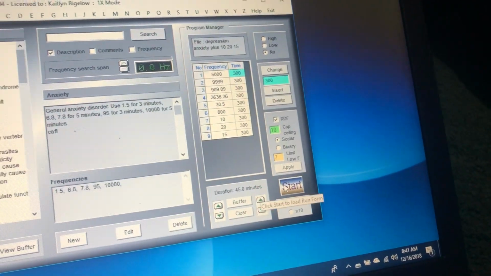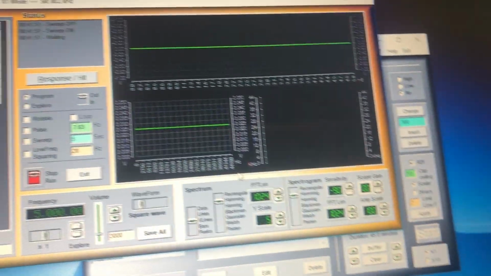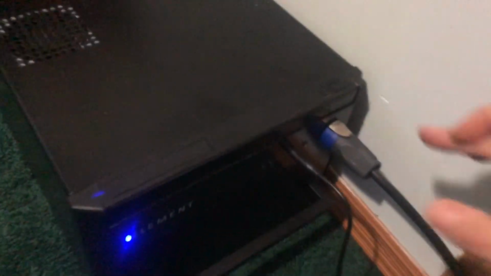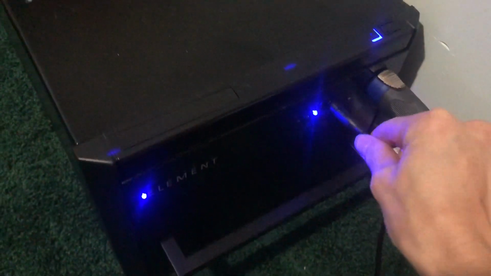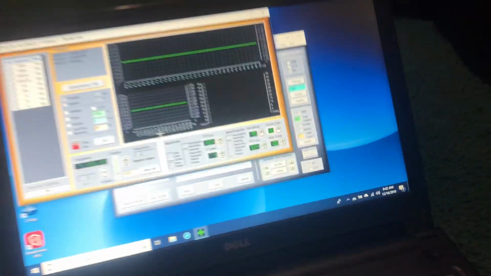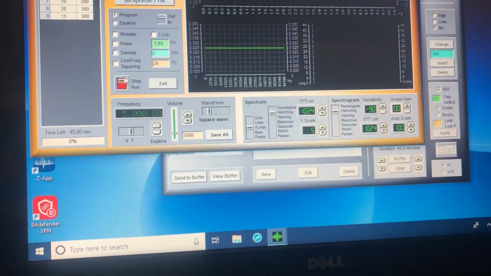Then all you do is hit Start, and then you'll want to have, like I said, your coil away. I usually put it up there on my couch. It's got a nice long cord, so you can move it out quite far. You push this on button, it makes a noise like that. I make sure my cables are in, and then come back to the computer, and there's this little start button,